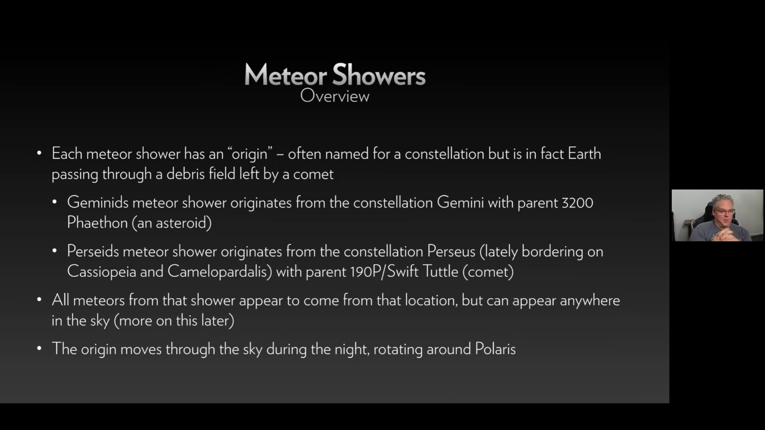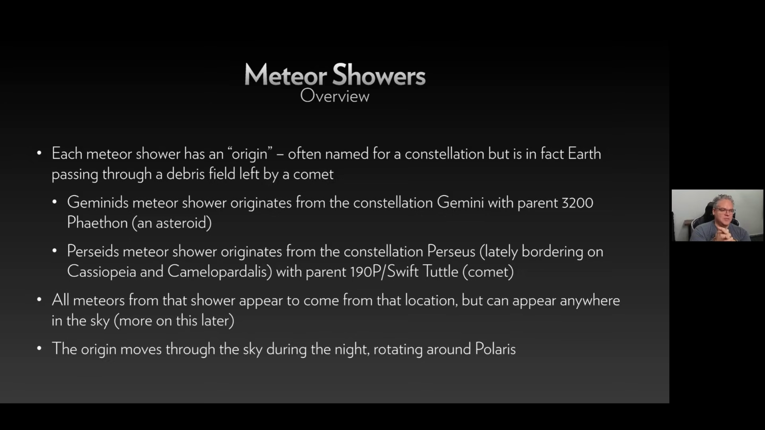Normally it's left by a comet. The Geminids is actually left by an asteroid, which they think is a part of a comet that split apart, and that's called 3200 Phaethon. The Perseids, which I photograph a lot, is from a comet called 190P Swift-Tuttle. It usually starts from the constellation Perseus, and the Geminids are named for Gemini, which is where it's coming from,